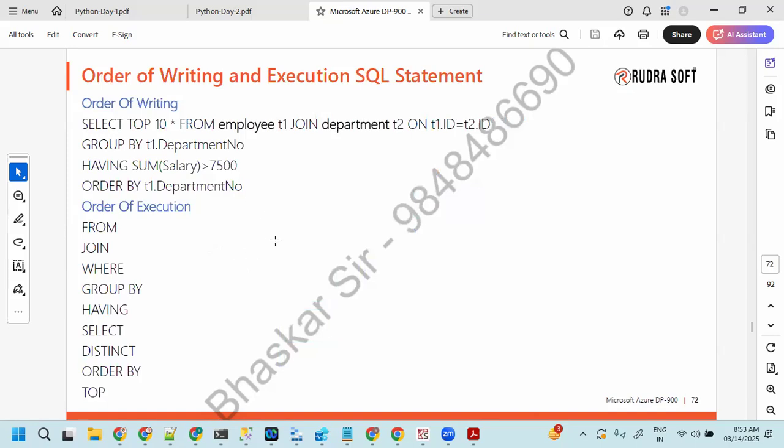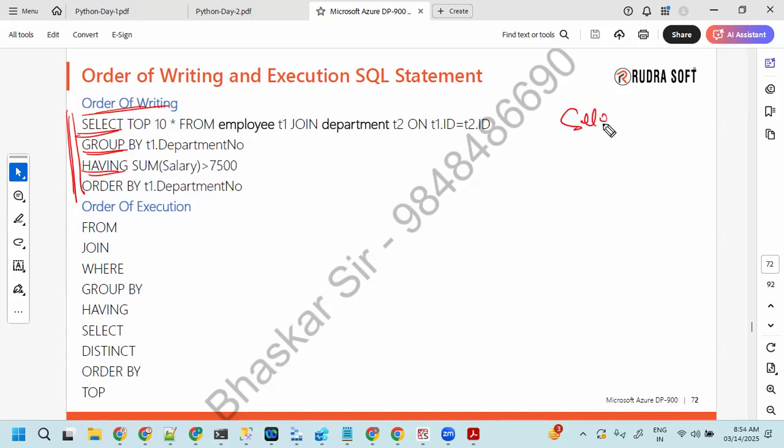And the execution of writing your select statement: how exactly are you going to write the select statement? The order of writing and the order of execution, I've specified here. This is also an interview question, and there are even more chances to have it in the certification. So the order of writing is, you have to write select first. We are going to spend time on each piece, don't worry about it.